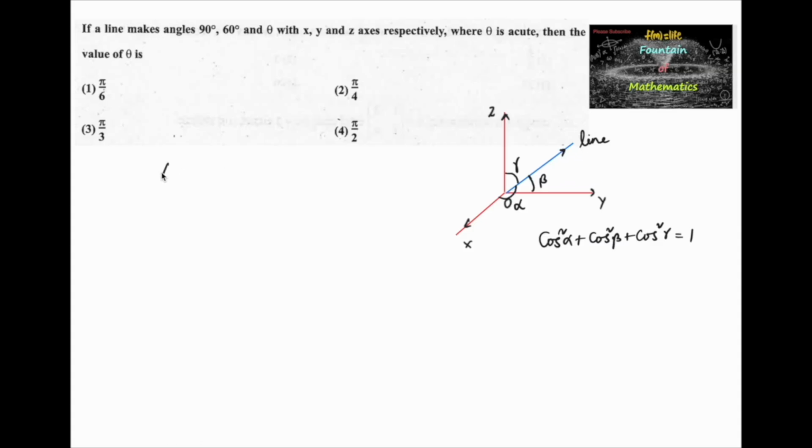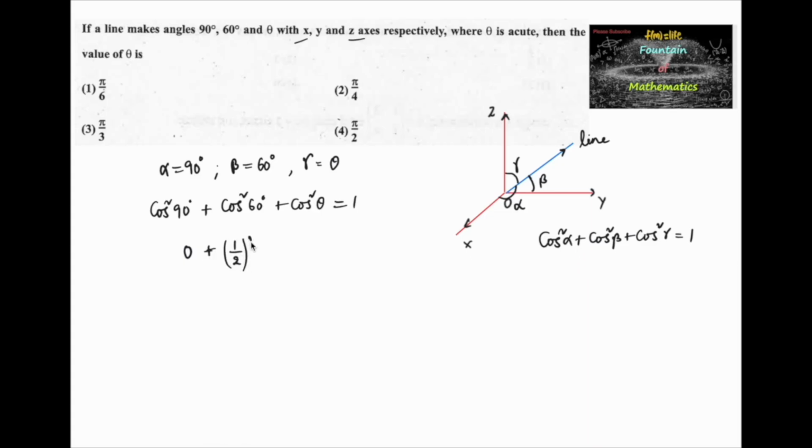So here alpha is equal to 90 degrees with respect to the x-axis and beta is equal to 60 degrees and gamma is equal to theta with respect to the z-axis. Then we have cos square 90 degrees plus cos square 60 degrees plus cos square theta, the sum should be equal to 1. So cos 90 is 0 and cos 60 value is 1 by 2. So we can write 1 by 2 whole square. So cos square theta is equal to 1 minus